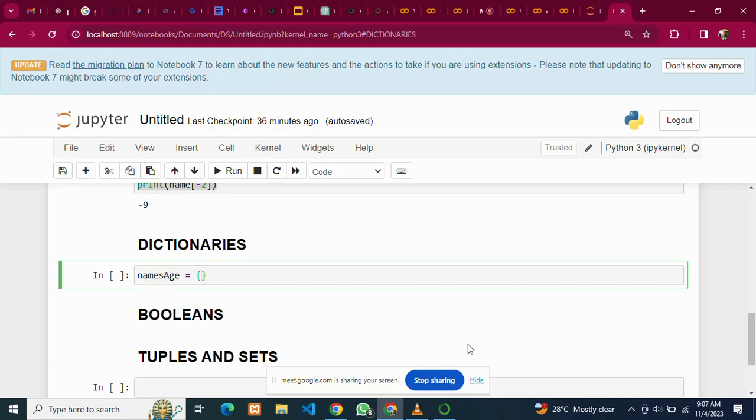Okay, so I'm going to give a string of, let's say, Amin. Then I'll give a colon. Okay, so Amin is my name, then my age, which is 71. That's not my actual age though. Then I'll give a comma, right? Then let me give a space so that it becomes more readable. I'll give another string, which is, let's say, Hassan, then colon, then 65, then comma, then I'll say Kofi,